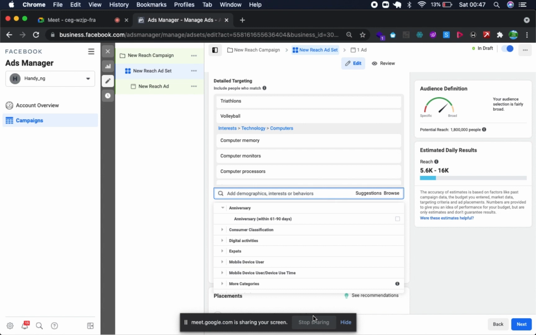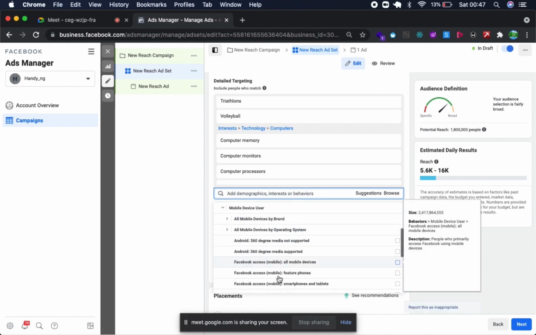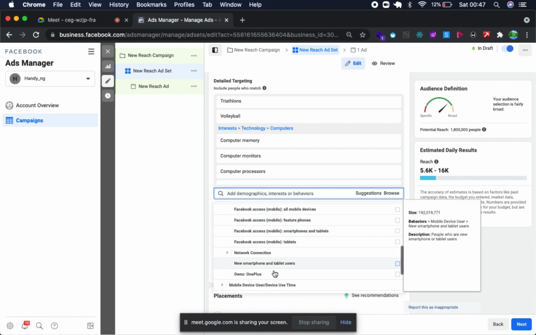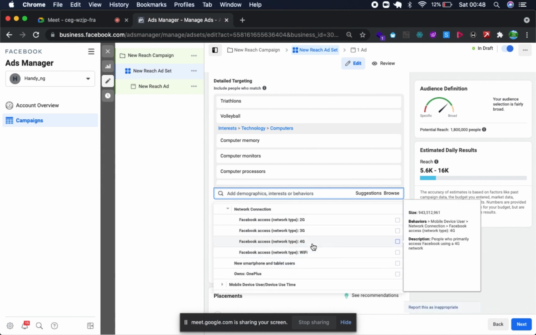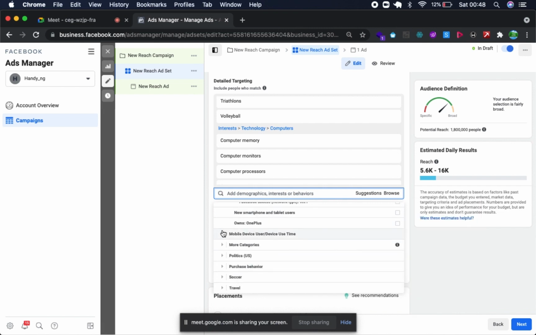You can also come here and target mobile device users and the time they use it. There's nothing you cannot target, like new connection. You can target people that are using Wi-Fi, 4G, 3G, 2G network. You can target device use time.